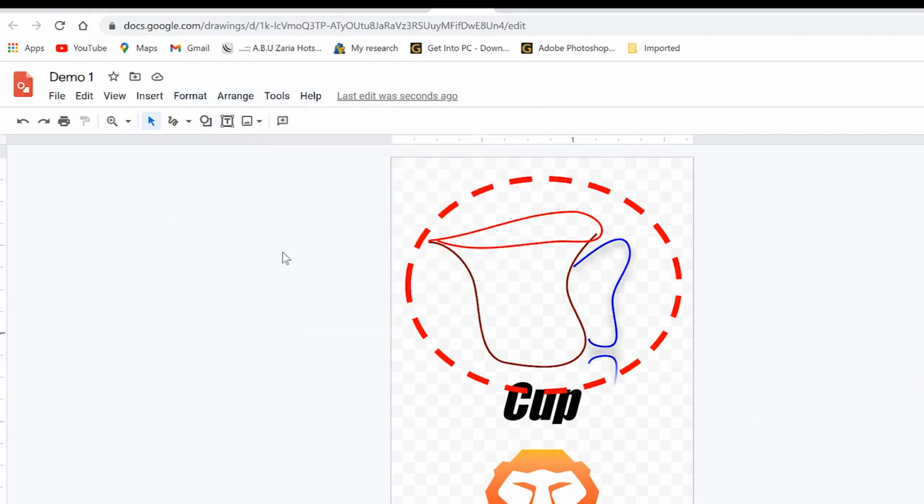Just log in and go to Google Drawings, and you can start. You can print, you can undo and redo, and you can play around with the zooming effect. You can zoom in and out to any feature, and you can add comments and